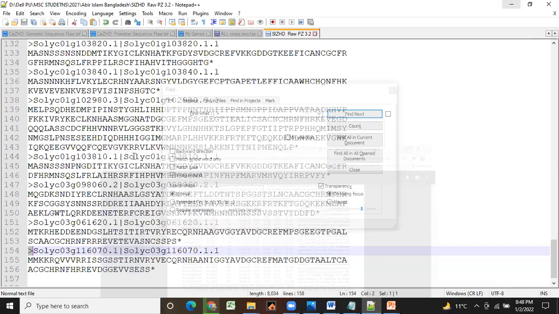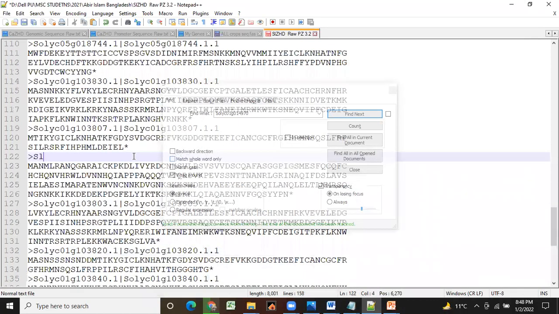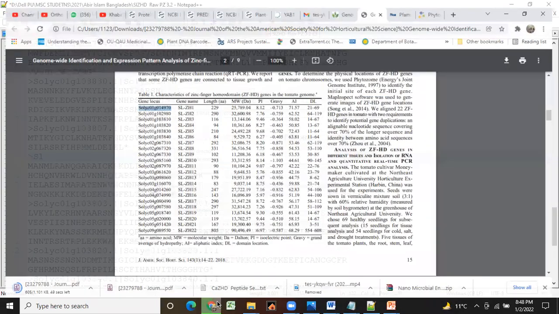Okay, give them a name like SLZHD1, whatsoever name they have given them. They have given ZH1. That is one. Yes, sir. ZH1. Similarly, you will find all the sequences and give them this name. Okay, sir. And then after that, we will make the tree.